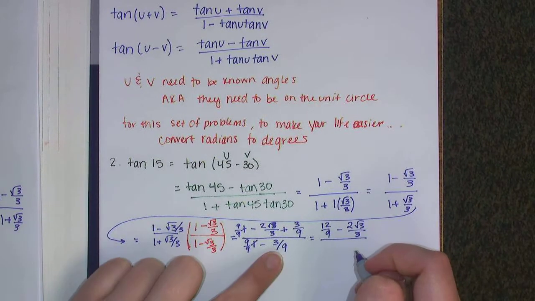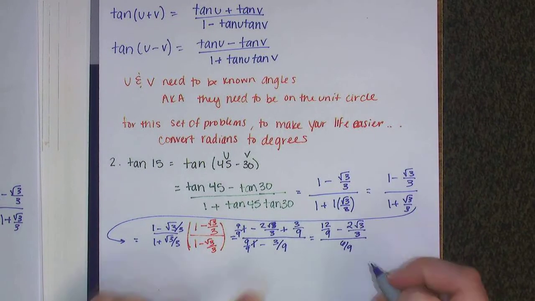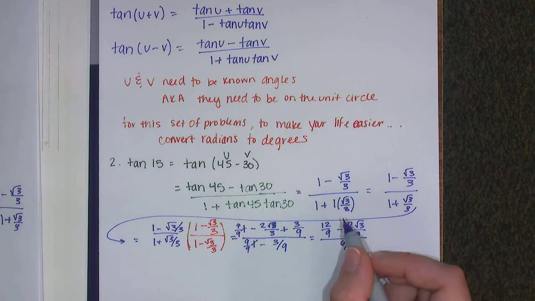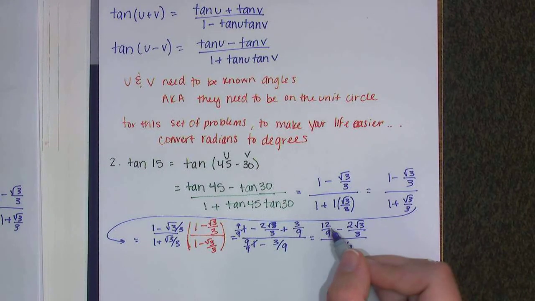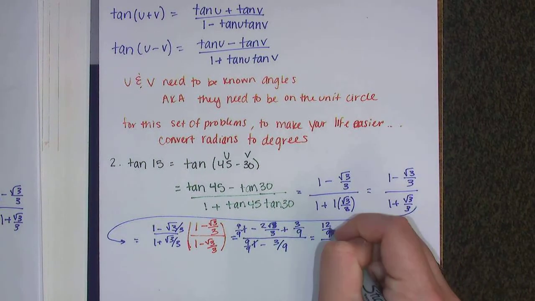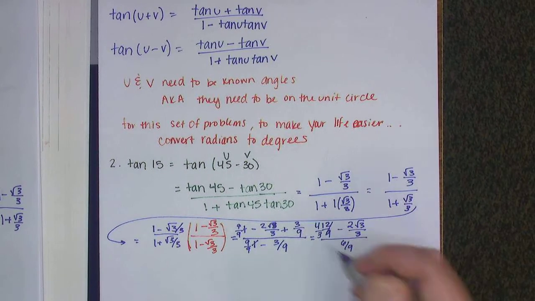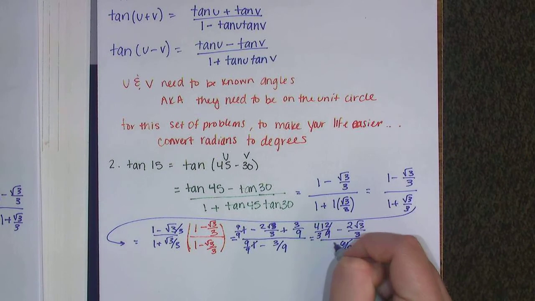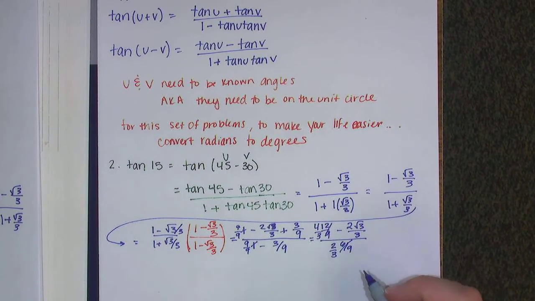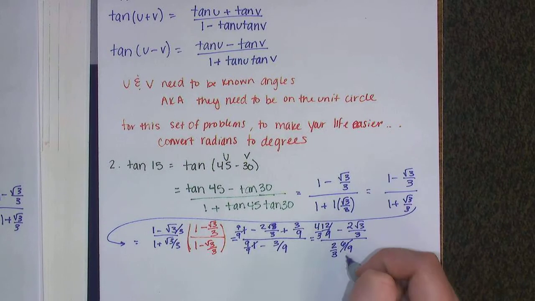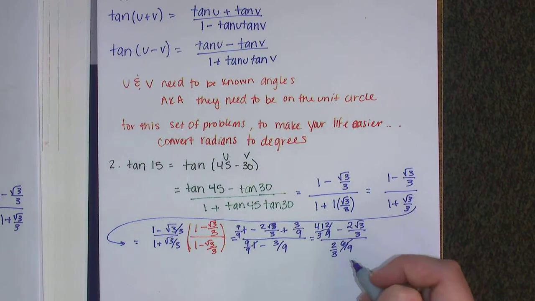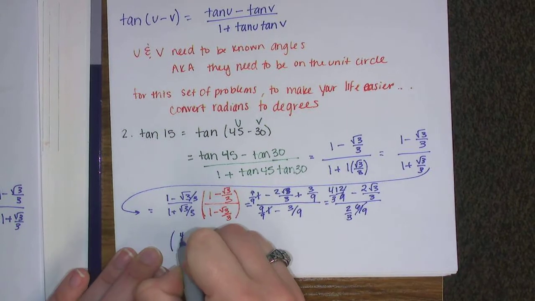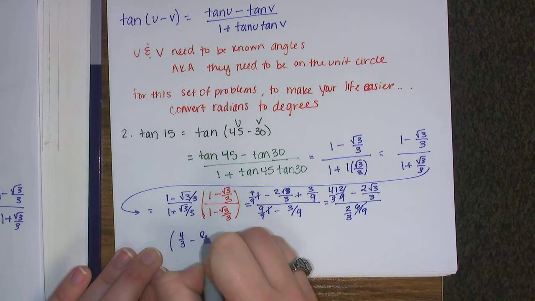So now I can reduce the top. I can take out a 3 from top and bottom, which gives me 4 over 3. So I'm going to rewrite that as 4 over 3. I'm going to rewrite 6 over 9 as 2 over 3. Now, when I divide by a fraction, it's the same thing as multiplying by the reciprocal. So what I can redo is I can come down here and say 4 over 3 minus 2 root 3 over 3 times the reciprocal, 3 over 2,